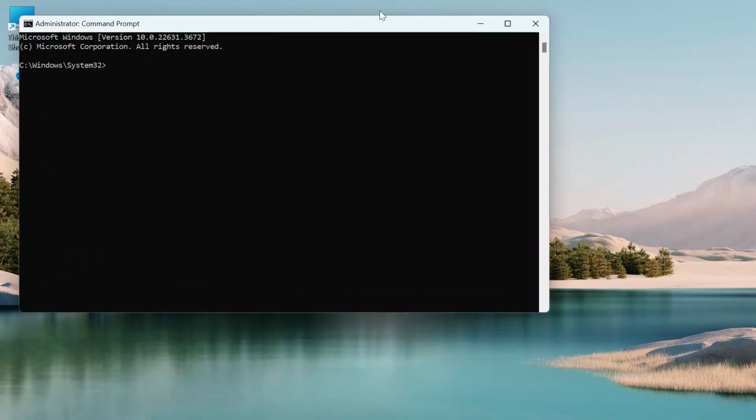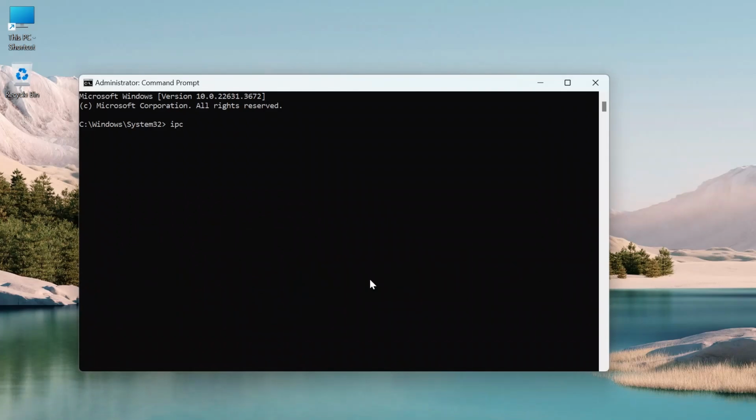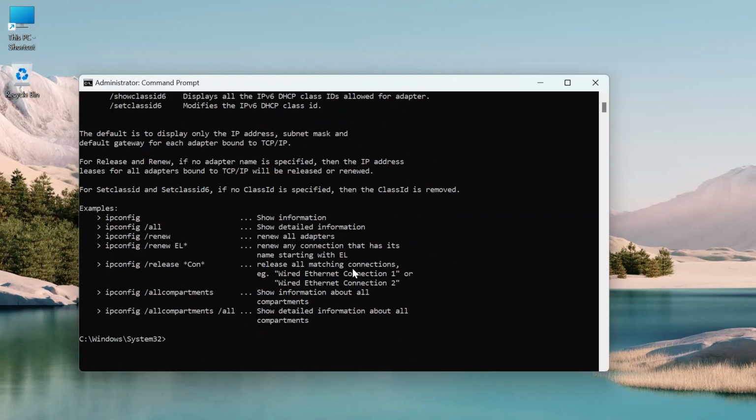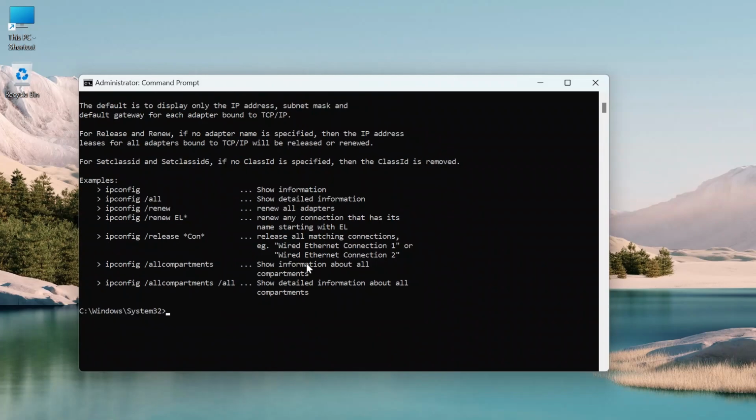Click Yes. After that, we will type ipconfig space slash flushdns and click Enter. And after that, all your DNS cache will be successfully flushed. And after that, we need to type